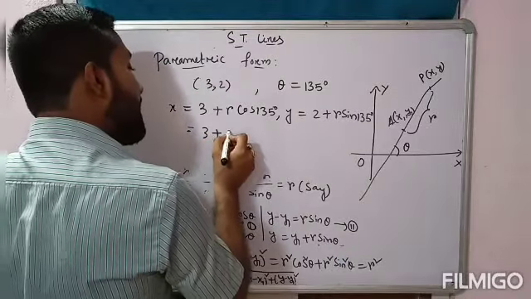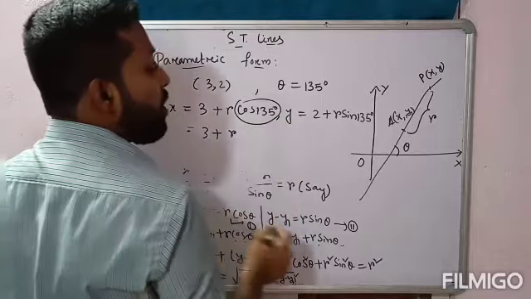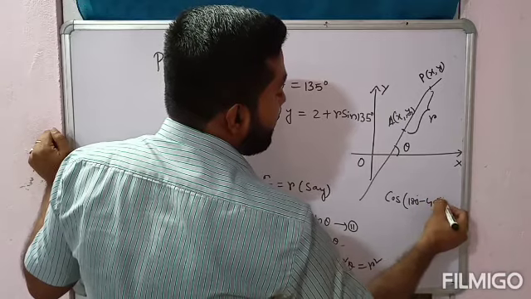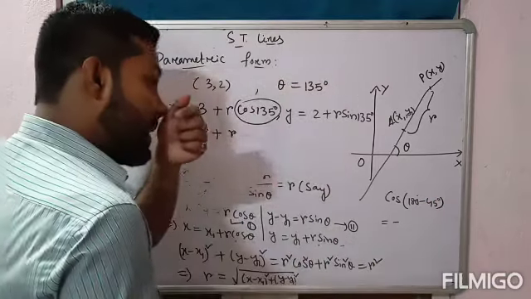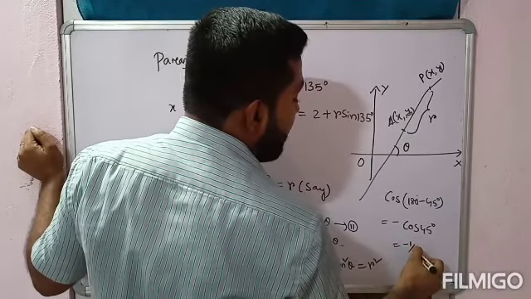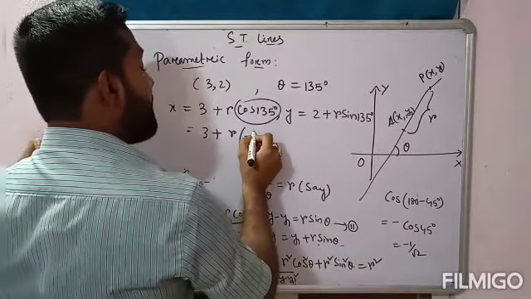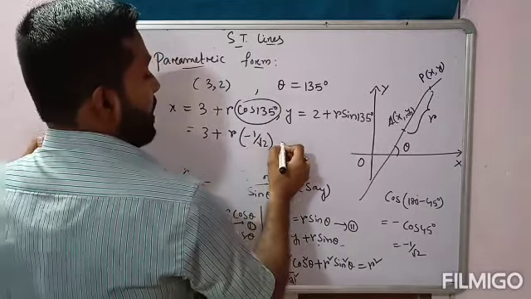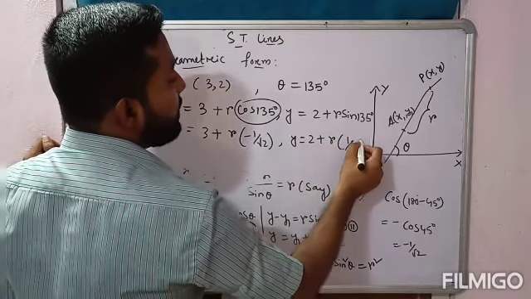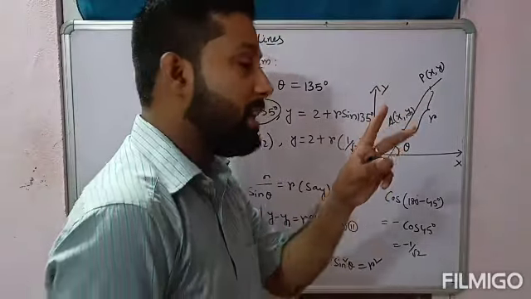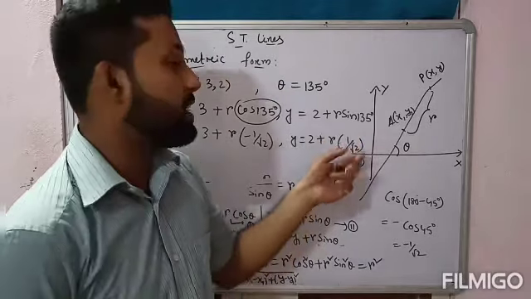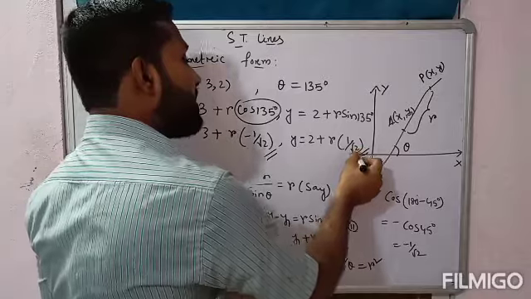So 3 plus r into, now put the value of cos 135. So cos 135 degree can be written as 180 minus 45. 180 minus theta lies in the second quadrant and in second quadrant we all know that cos is always negative. So ये हो जाएगा minus 1 by root 2. Right? So here we can write minus 1 by root 2. And y is equal to 2 plus r into 1 by root 2 because 135 degree lies in the second quadrant. And we know as per the ASTC rule, in second quadrant sine is always positive. So no need to simplify, just write as it is.